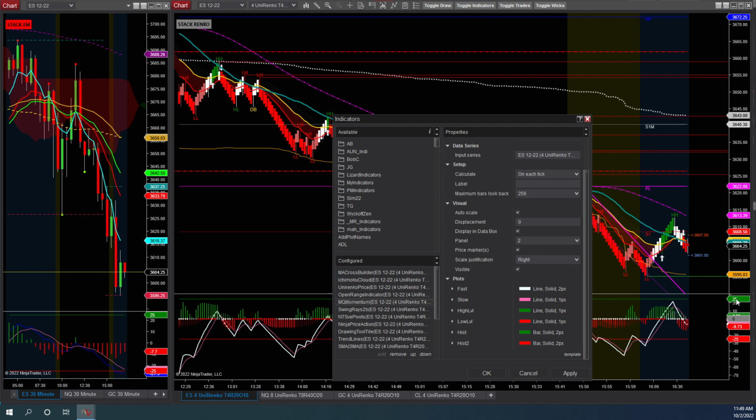So if the indicator is within 25 and 25, then I'm authorized to take the trade. And even if it's between plus 10 and minus 10, that would mean that